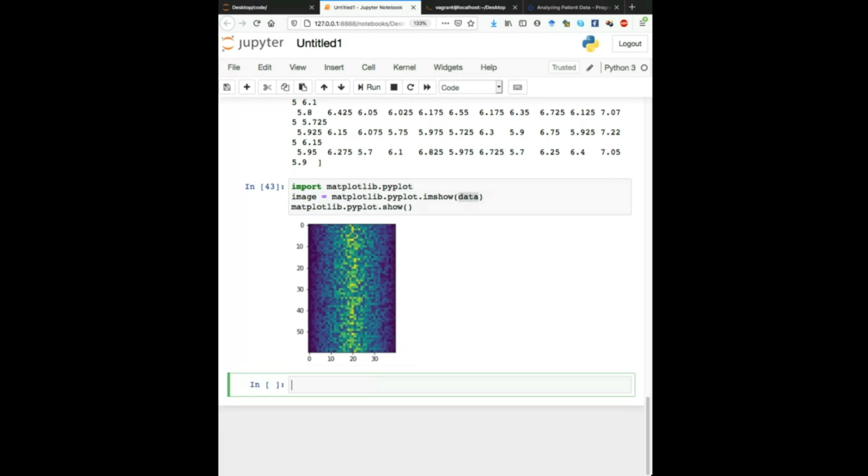So let me just answer the question. This heat map has 60 levels or rows in here. So on the y-axis, you have 60 elements. Those are the patients. If you remember, we have 60 patients, and we have the measurements for their inflammation data over 40 days. So this corresponds to 60 patients on the y-axis, or the rows, and 40 days on the x-axis,